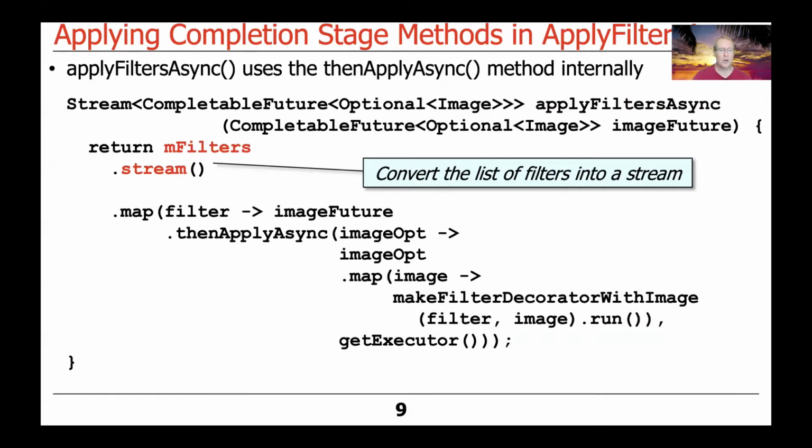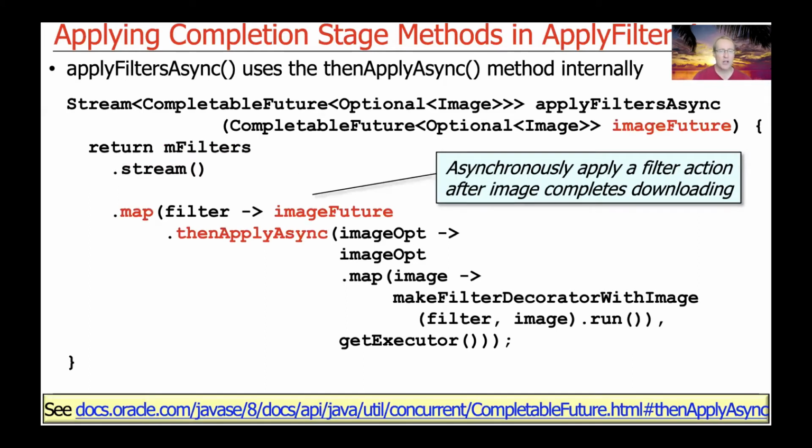What it does internally is it takes the list of filters and converts that into a stream. So let's say we have 3 filters or 3 transforms, as I call them in your assignment. We have 3 image filters. We stream that. So now we have a stream of these filters. And then we're going to go ahead and call the map method. And what map's going to do is it's going to take each filter in the stream. And then when the image future has finished, in other words, after the image has finished downloading, when that's triggered,